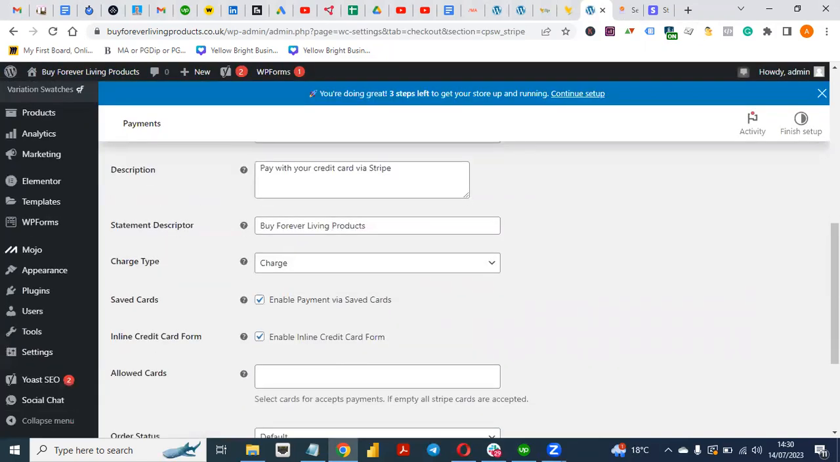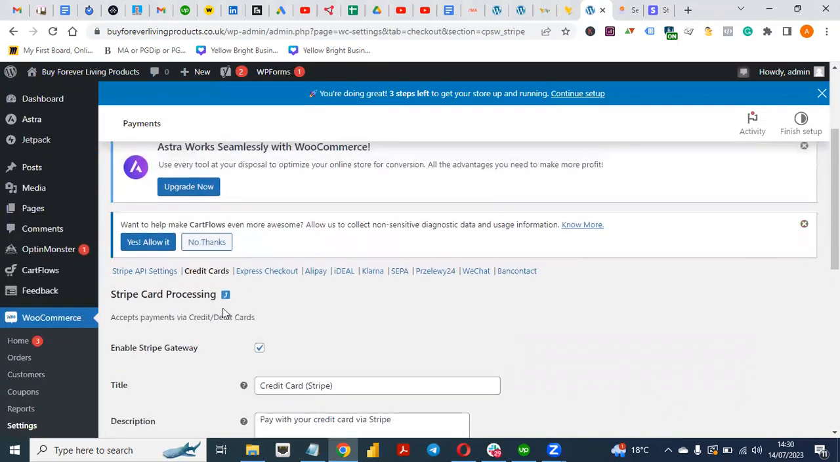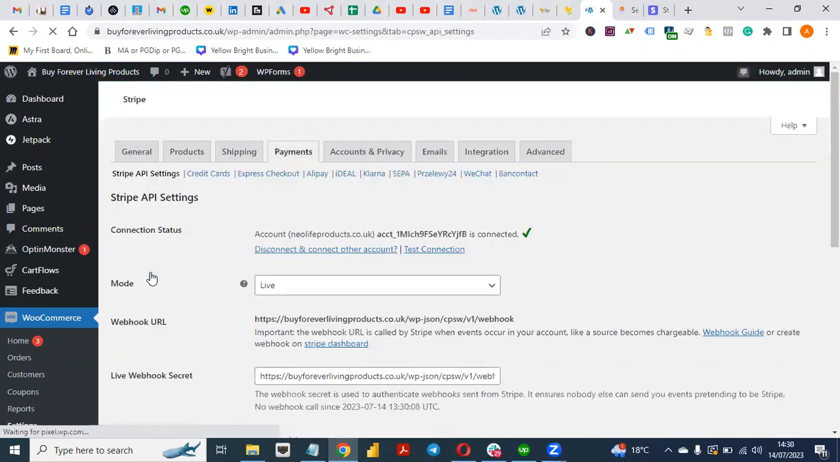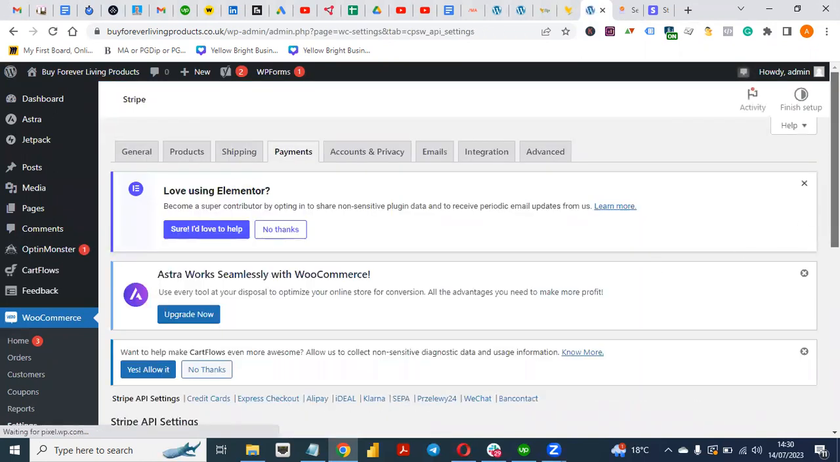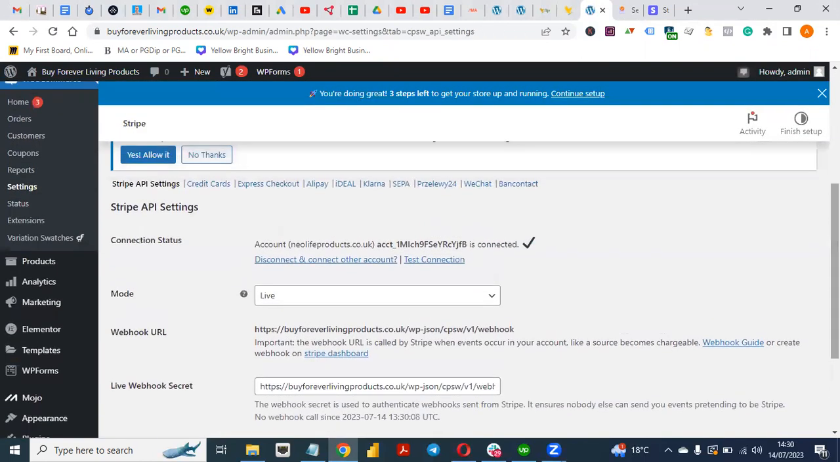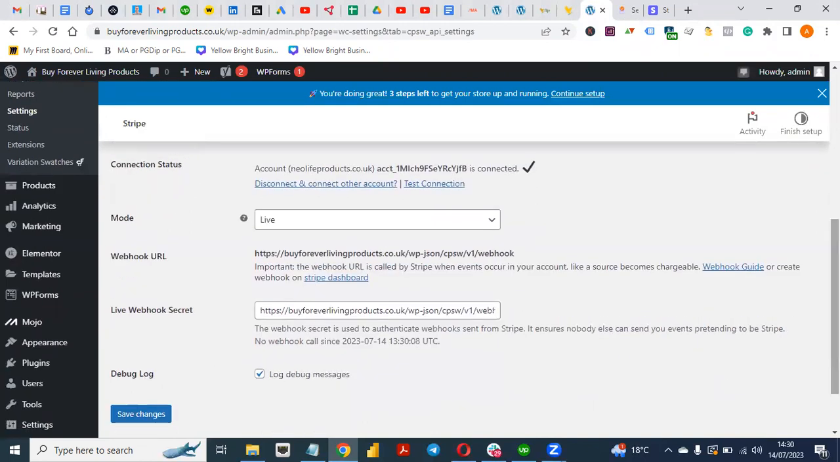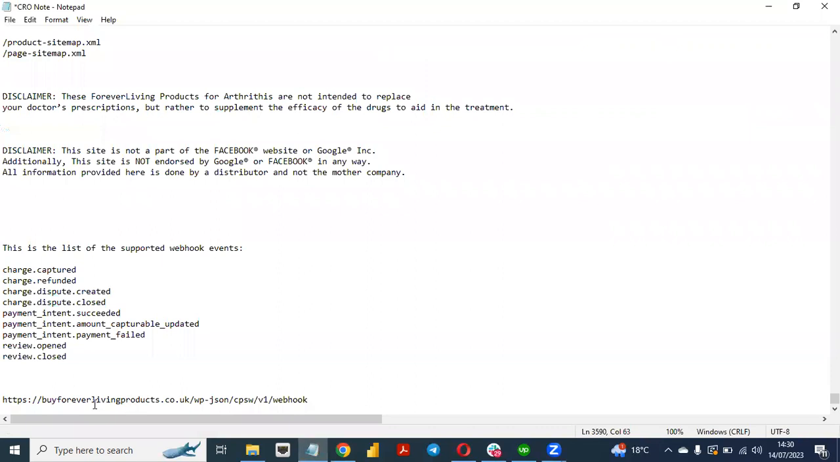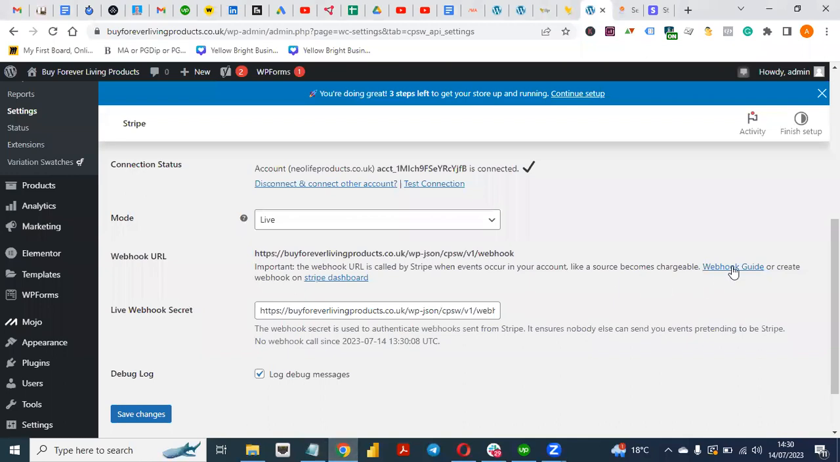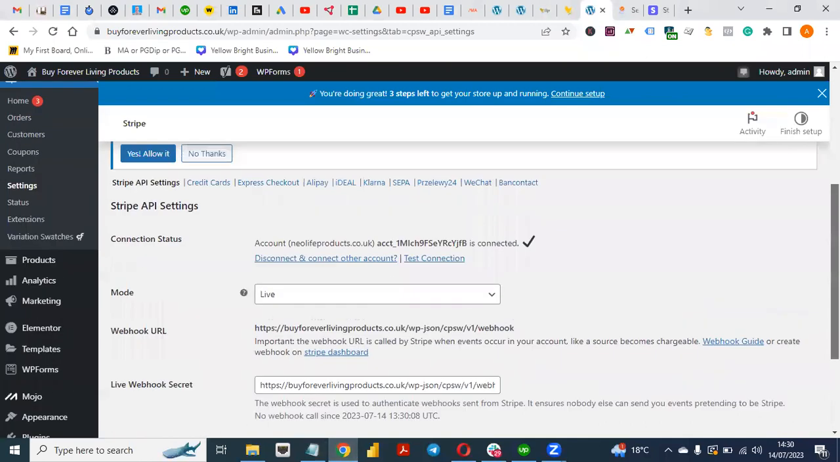So you come here, you go to your API settings again, because you are here to finish the setup. So you need to generate a key. Your account is connected here, but this is not your live hook, and you've not set up this webhook event that you need to set up. So what you need to do is to just go to